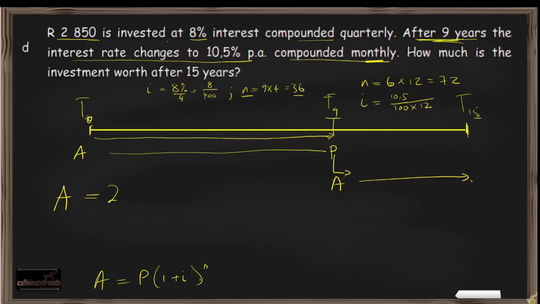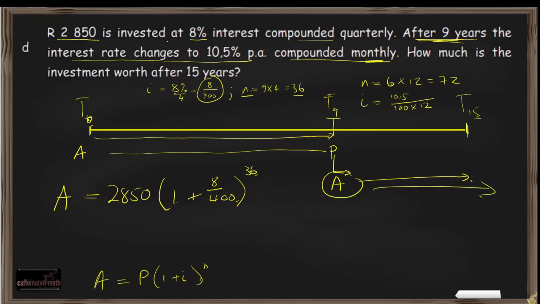What is our principal value? 2,850 Rand, and then it's 1 plus what is the interest rate that we are using, which is 8 over 400, and that is all to the power 36. Now we can do this calculation first and then take that value and replace it and do a second calculation, or